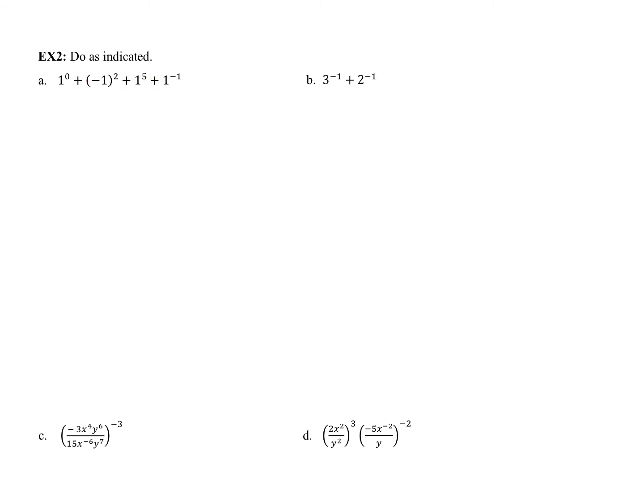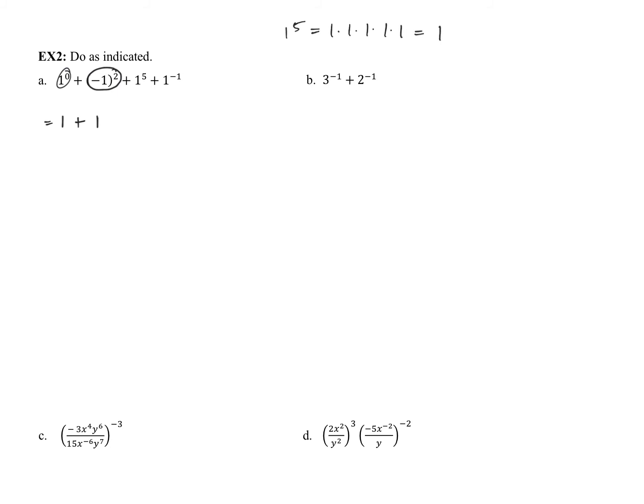We can't combine them. 1 to the 0 power, well, anything to the 0 power should be 1. Well, that didn't change much. Plus, and then we have negative 1 squared. That is negative 1 times negative 1, which is positive 1. So we'll go ahead and write 1 down again. And then we have 1 to the 5th power. Well, 1 to the 5th power is equal to 1 times 1 times 1 times 1 times 1, which is